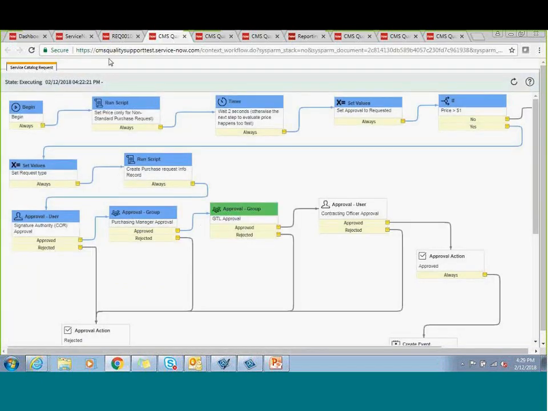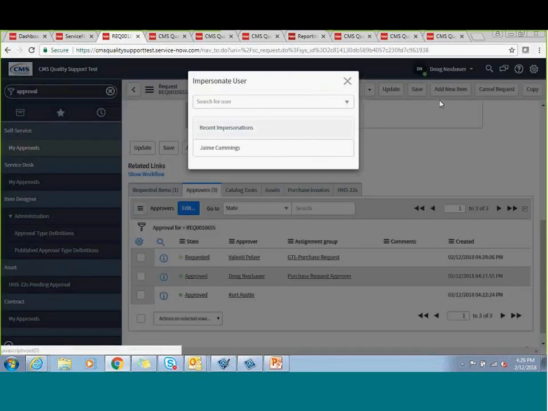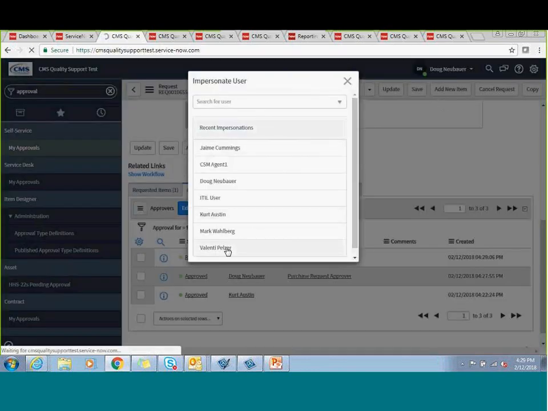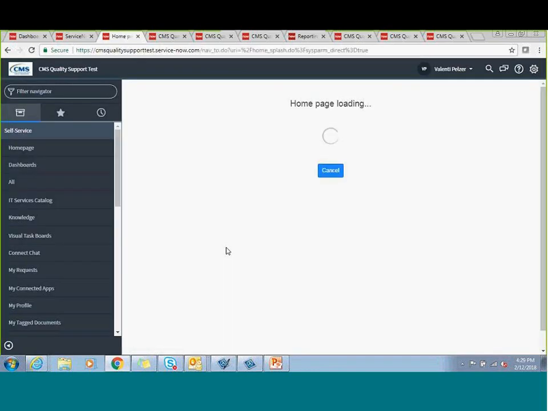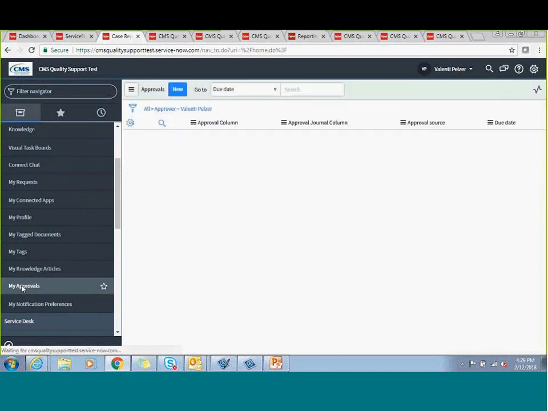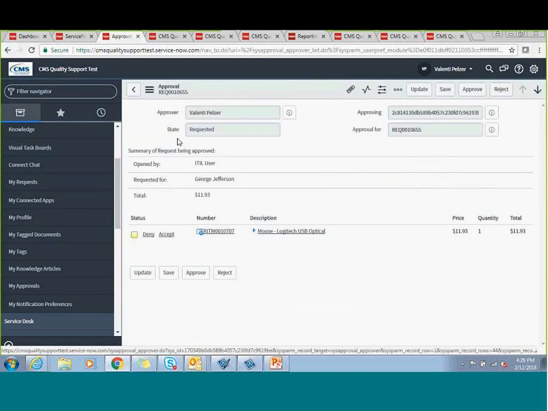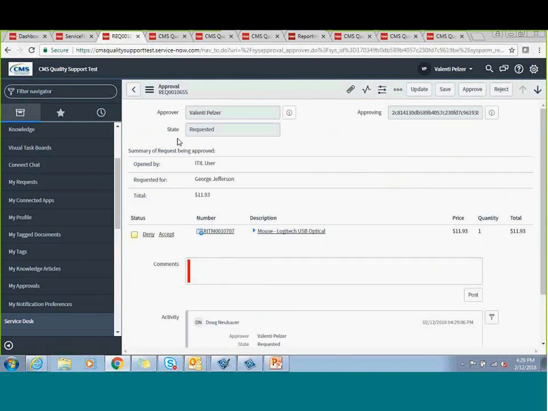Now our GTL is going to come in, and they're going to do some work. So as the GTL, I'm going to go in, do a little bit of magic, and impersonate Valenti. So Valenti is going to receive that email notification. Request is pending approval. Valenti will click on My Approvals, click on the applicable link under the approval column,